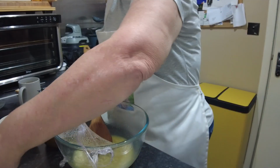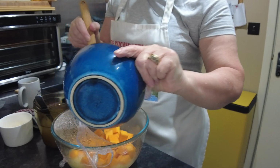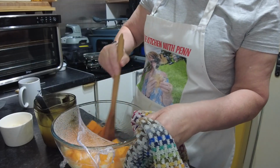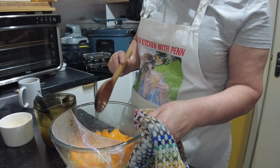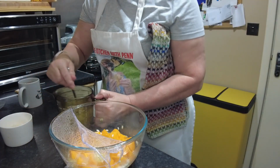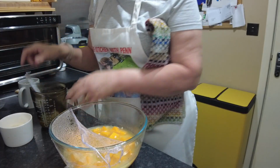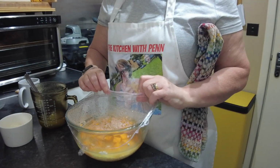But now I need to add in my butternut squash. Stir that through so that it's going to get coated in the butter and the stock that's already in there. And then I'm going to add in some more stock. Right, and I've got some more if I need it, because, you know,